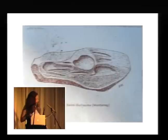Tradition names it the Stone of St. William, as it was believed possible to see the imprint of the body of William Fermat on it, where his body lay. There were numerous hermits at this time living in the forests of the northwest Mayenne, and they played a role in reclaiming the land of the area, which had gone to ruin after the Viking invasion. Another legend tells us about the devil again. He's been everywhere. He brought some children here in the night to cut their throats and eat them. This would explain the traces of red on the stone. Finally, it's also said locally to be a stone